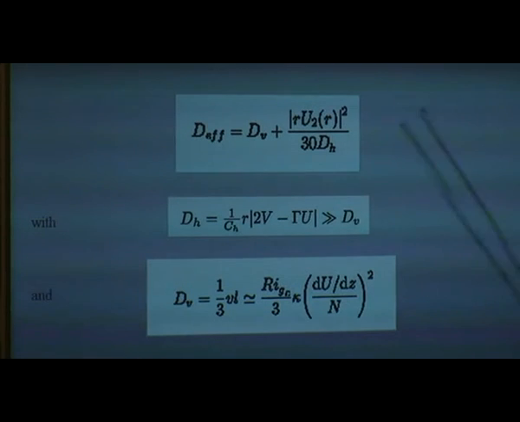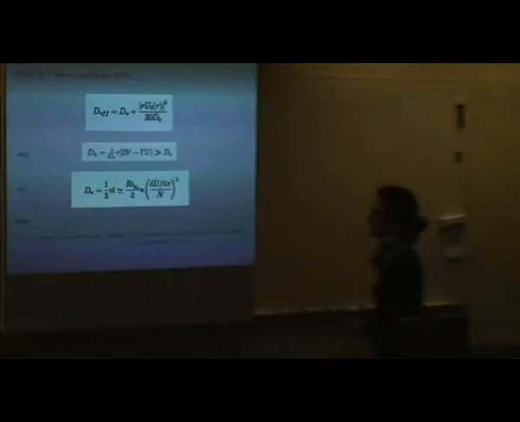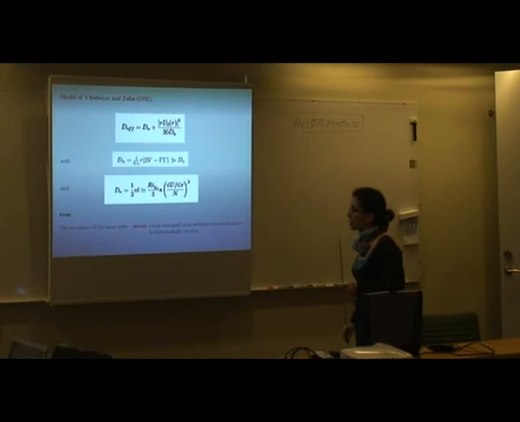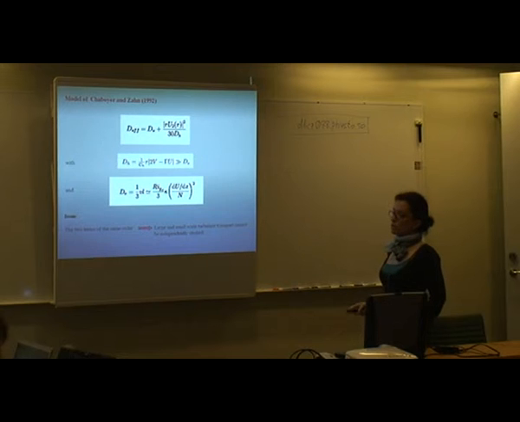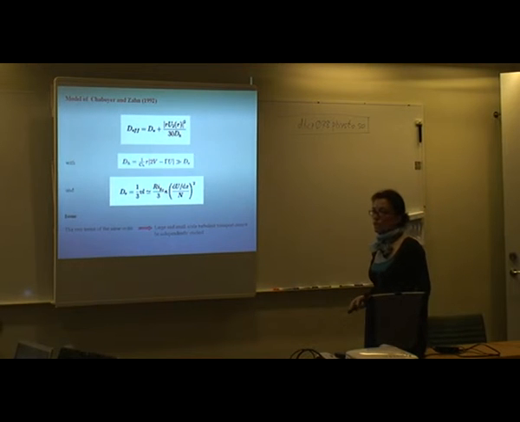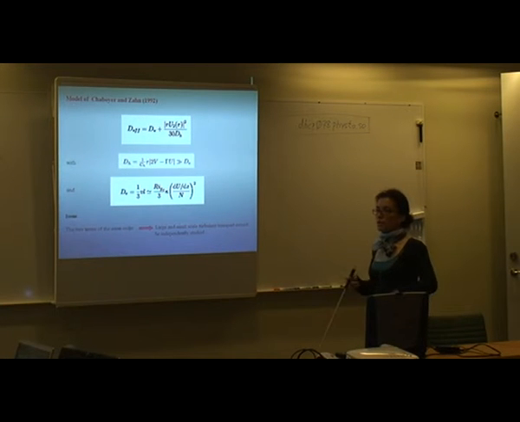So Zahn concluded, and recently Suzanne Talon has published a review last year where she speaks about this, that it wasn't consistent to assume from the beginning that small scale and large scale of turbulence could be separated, and that a turbulent coefficient could be calculated